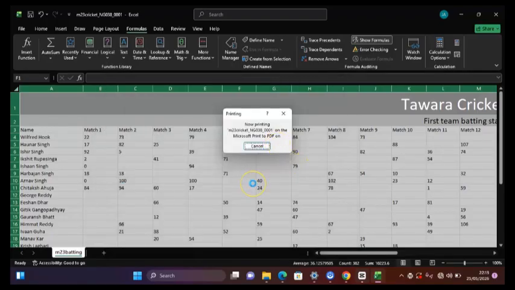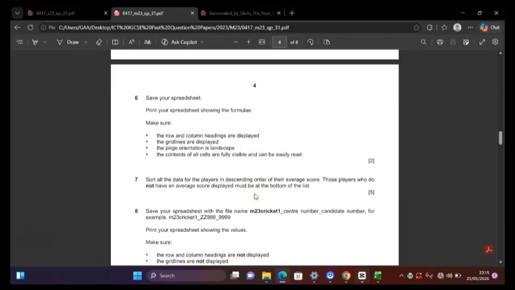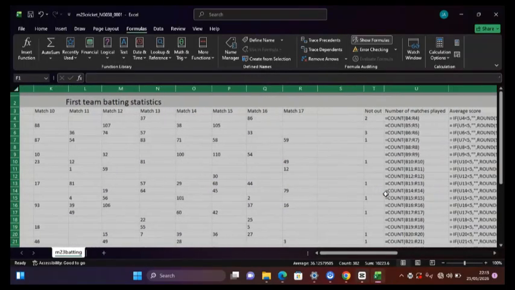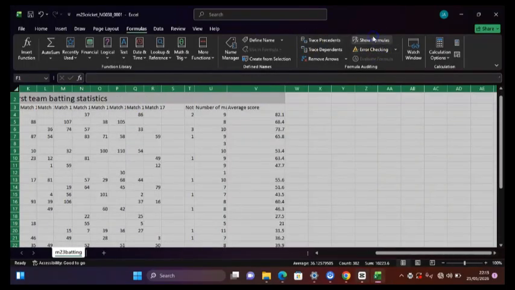Okay, so back to the question. It says we should sort all the data for the players in descending order of their average score. All right, now if we're going to sort, let's go back to show values. So if we're going to be sorting this,